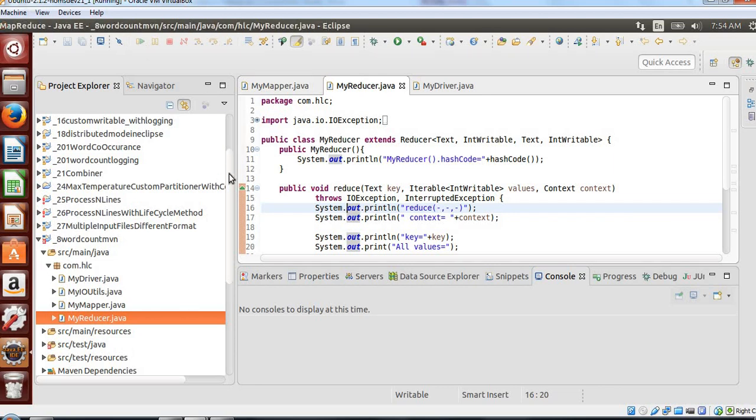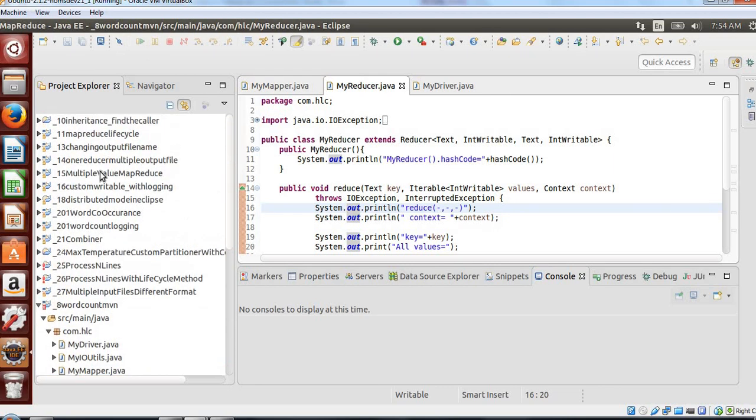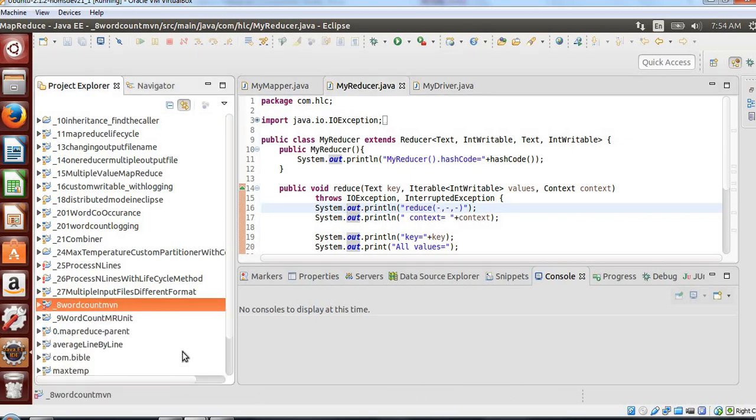When you start Eclipse, it will look like this. I'm planning to achieve this by creating a Maven project. Right click, it's a bit slow, give me a moment.